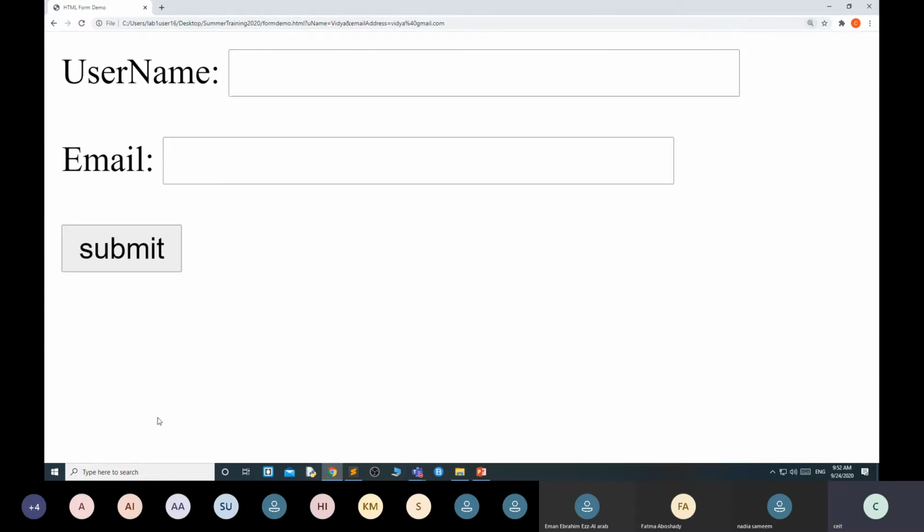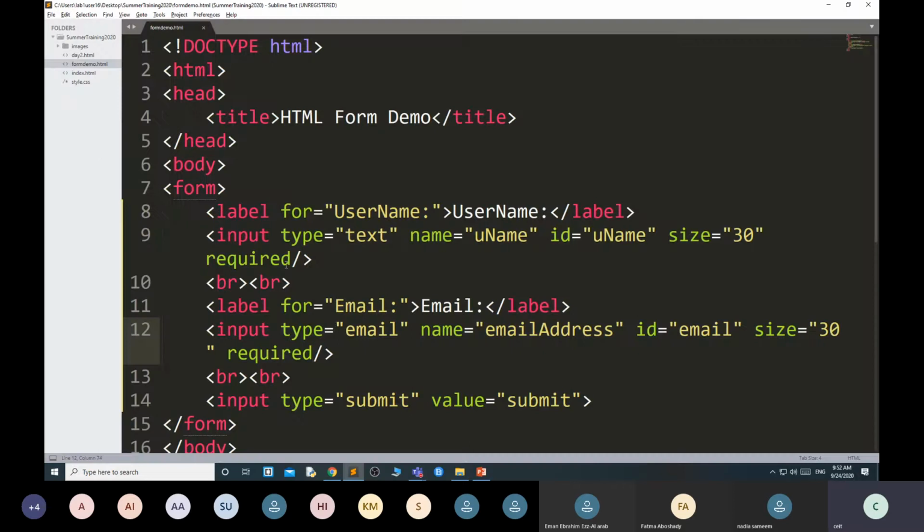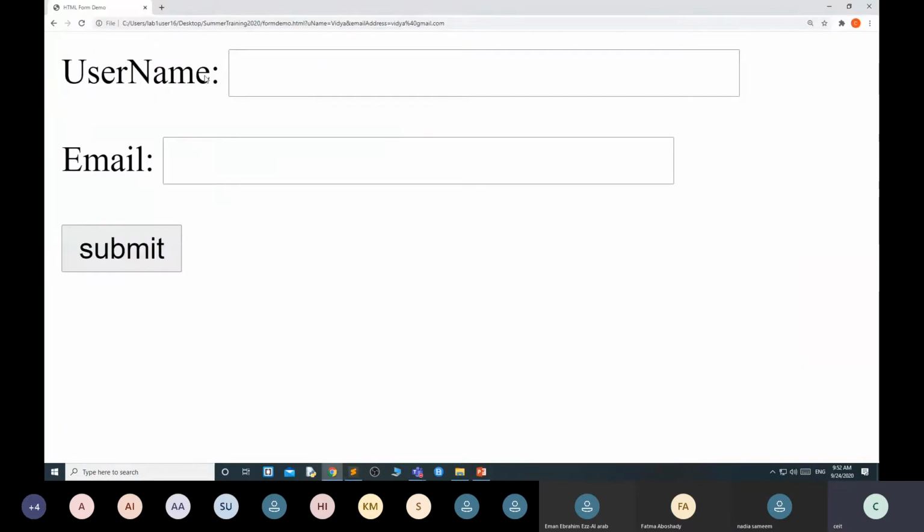Okay, required field, what it does, it will make that field compulsory, means it should accept a value. Once you write required, it should accept the value. Okay, then another new attribute in HTML5, that is known as placeholder. Placeholder is what? This is the label.